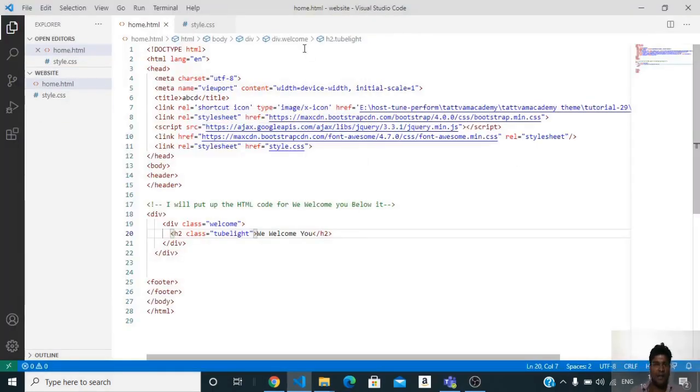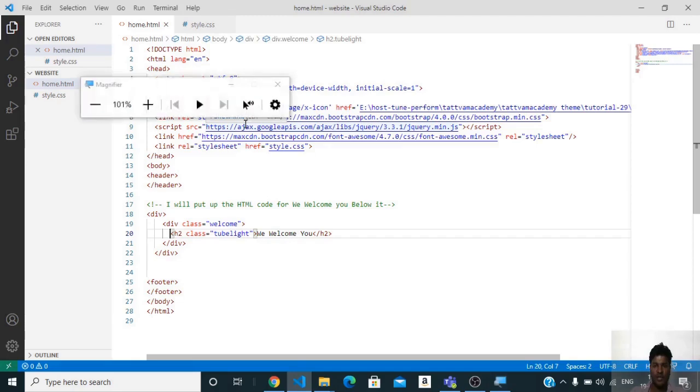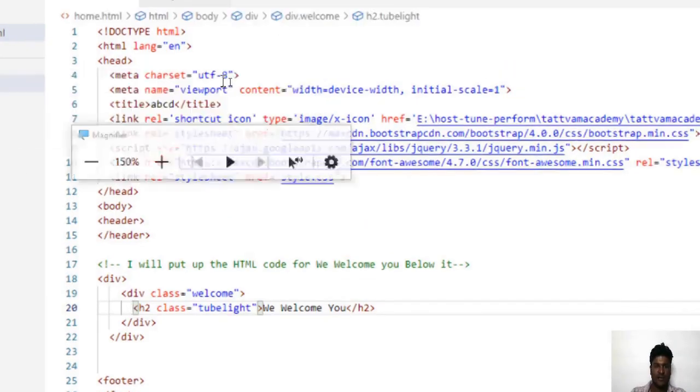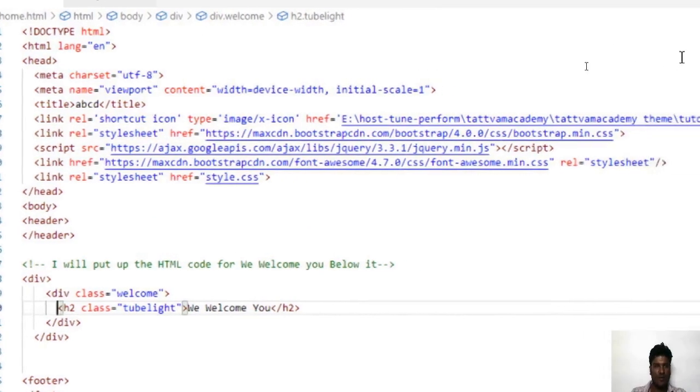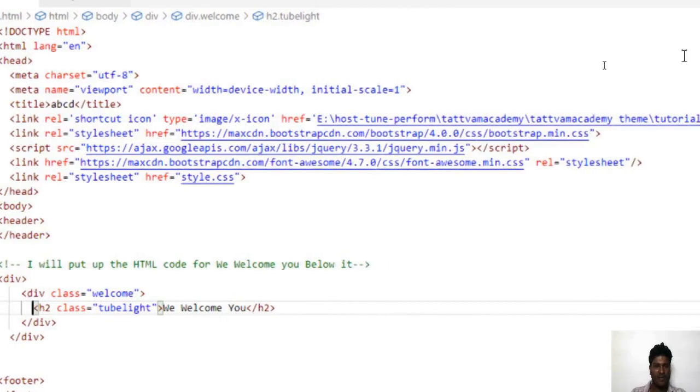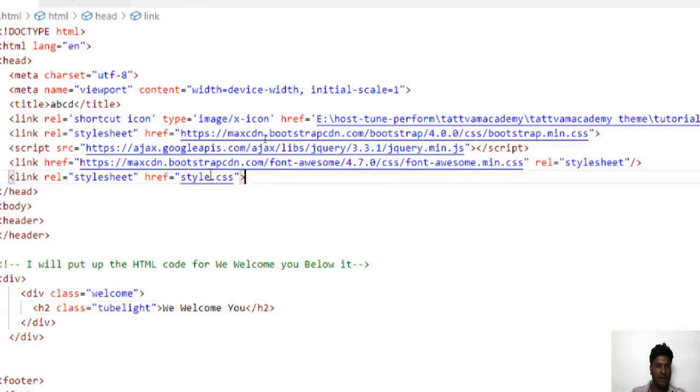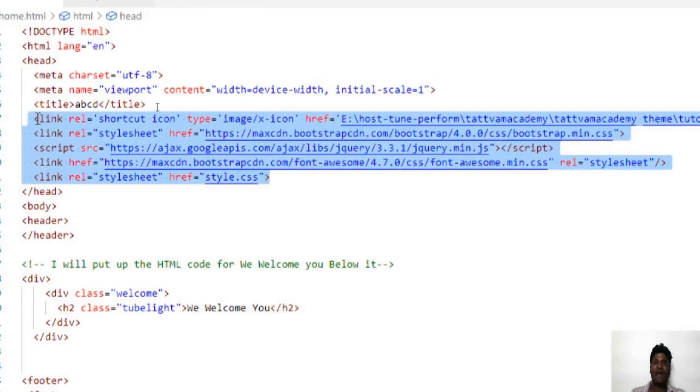Let us now start implementing the CSS part. For the CSS part, the first thing which I want people to see is this link statement. I just said that we will look towards it later. Let's see one of the link statements. There are a lot of link statements, and what exactly is a link statement? A link statement is something which is linking a file with this file. We have an index.html or home.html file over here as of now, and we want to link a CSS file with this